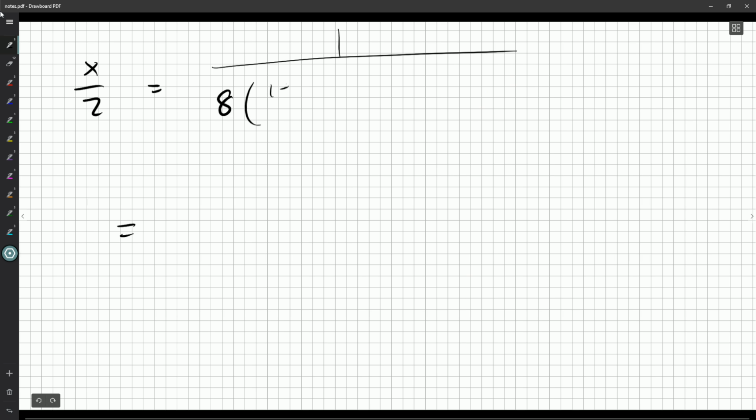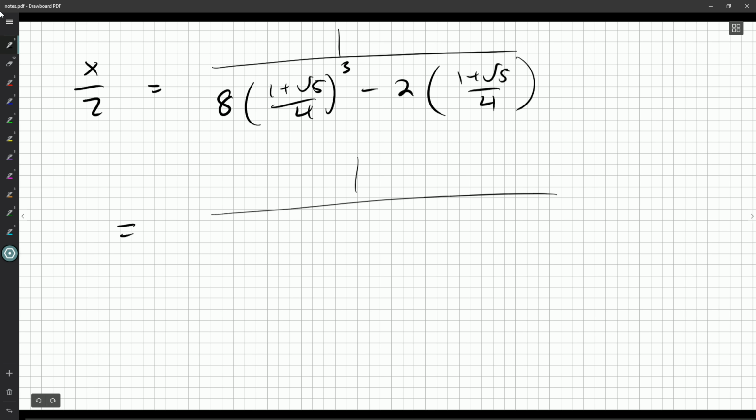Okay, 8 times 1 plus root 5 over 4 cubed plus 2. Oh, it's minus 2, isn't it? Yeah, minus 2 times 1 plus root 5 over 4. Okay, 4 cubed is 64. And the 8, I'll get something over 8. Minus 2 and 4 cancel out, but we'll need to multiply top and bottom by 4 anyway to get over 8. Okay. So there's that expression, and now